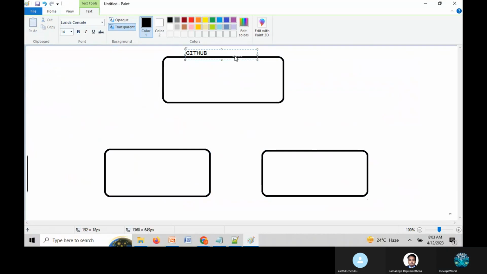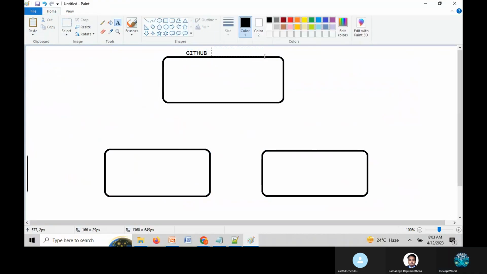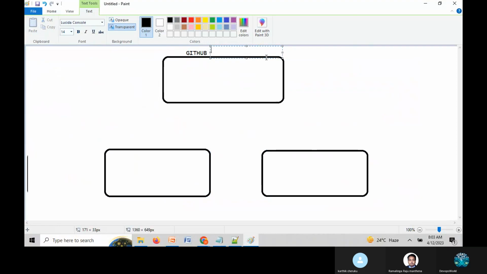GitHub is cloud based. Okay, so it is cloud based, and how it should work.